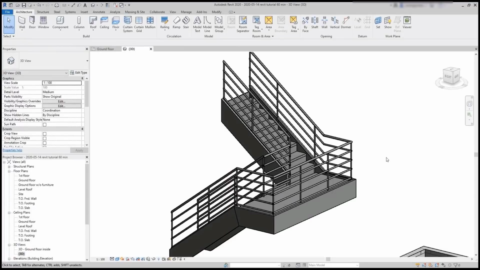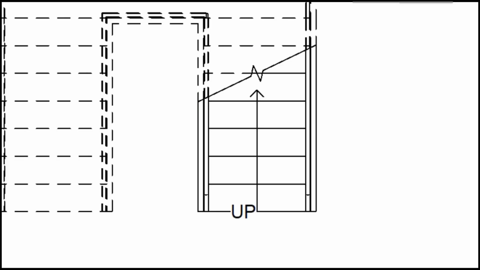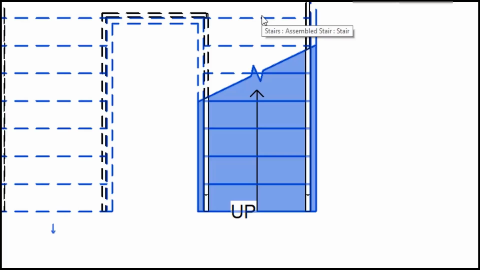In a 3D view, you can see better its appearance. There is a little gap here, and on the other side there is a small jump from the landing to the ramp. So, the way to solve this is increasing the landing. I am going to double click on the stair to get back to the sketch mode. Then I select the landing,